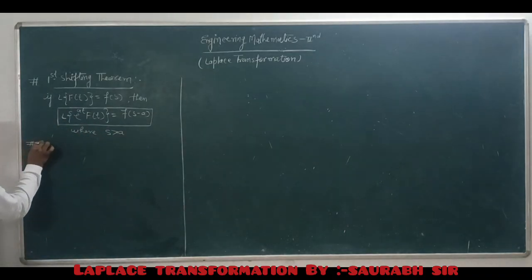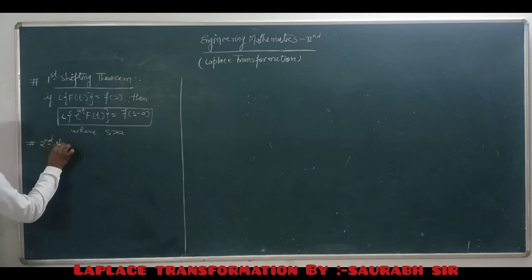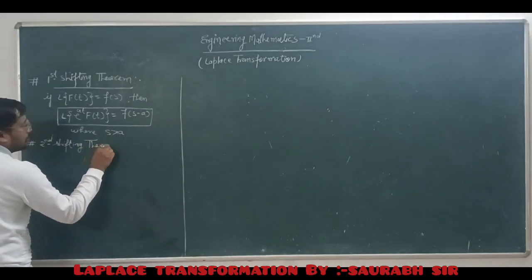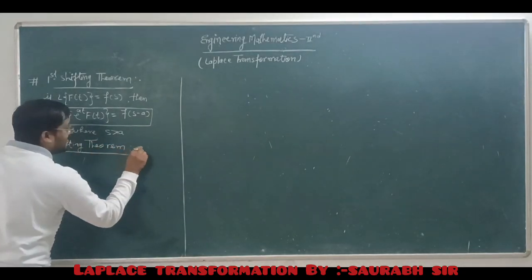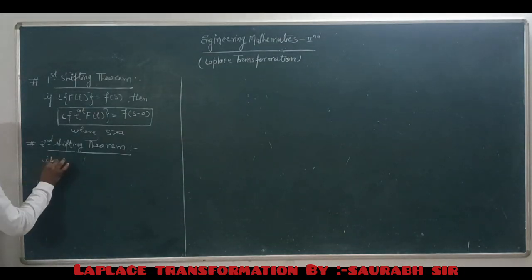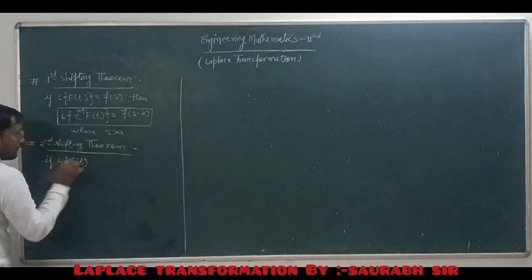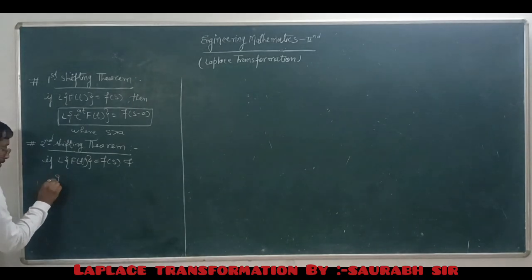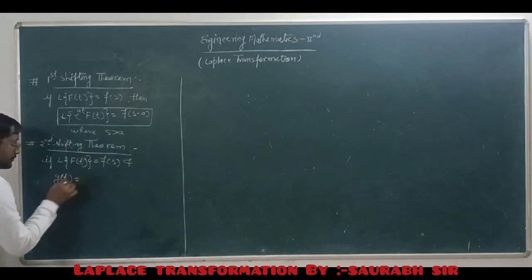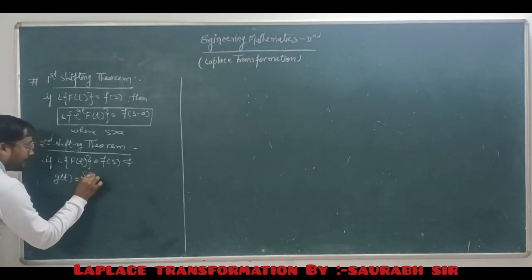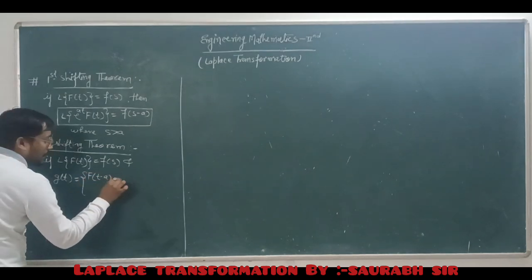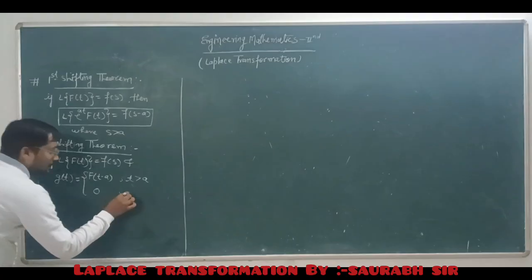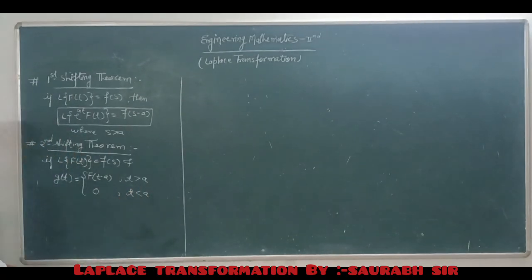Now the second shifting theorem of Laplace transformation: if L{f(t)} = F(s) and g(t) = f(t minus a) at t greater than a, and 0 at t less than a, then